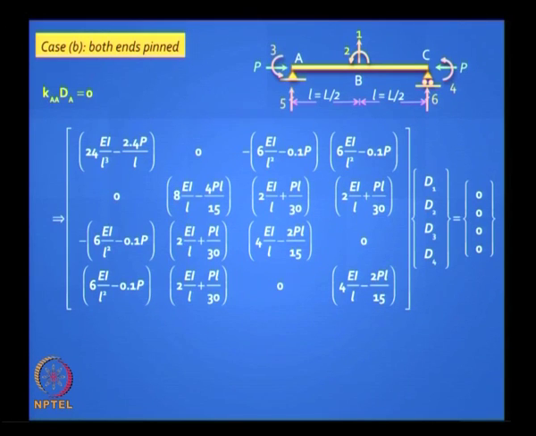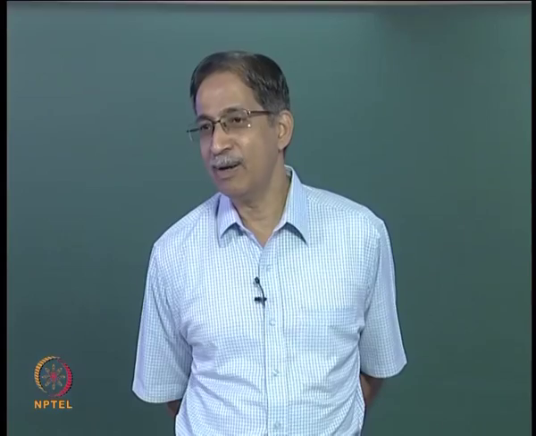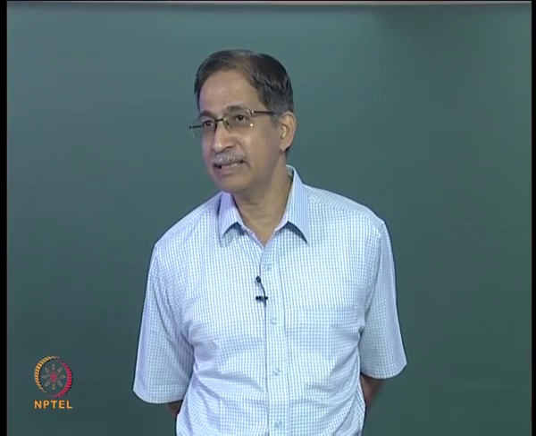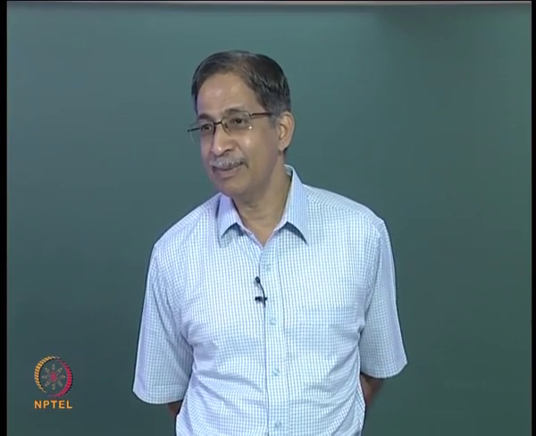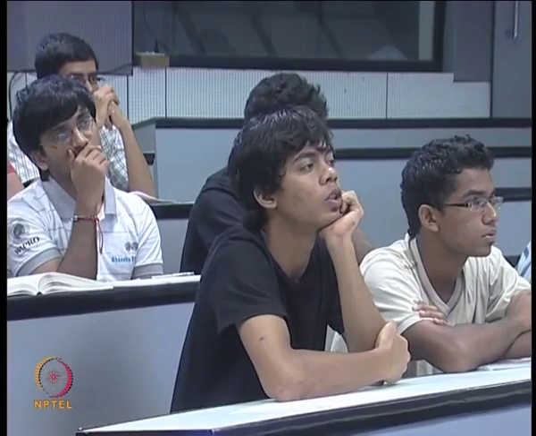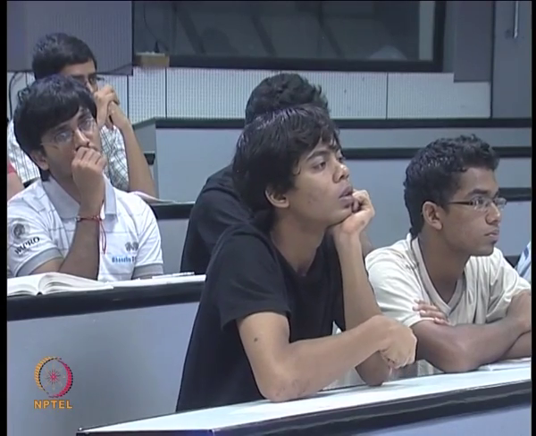You have a rough idea of what that first mode shape is going to be. So is there any relationship between D1, D2, D3, D4 that you can intelligently utilize? What can you say looking at the mode shape of a pinned? D3 is equal to minus D4 because it is equal and opposite, yes, because of symmetry. What else can you say? Because of symmetry, D2 is 0. So can we reduce this to a 2 by 2 form?